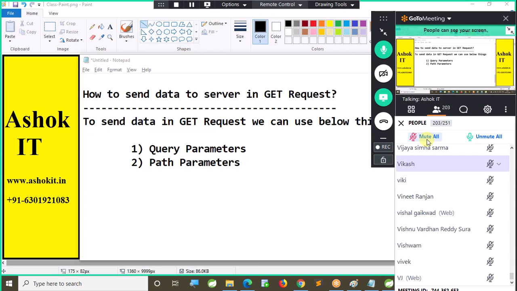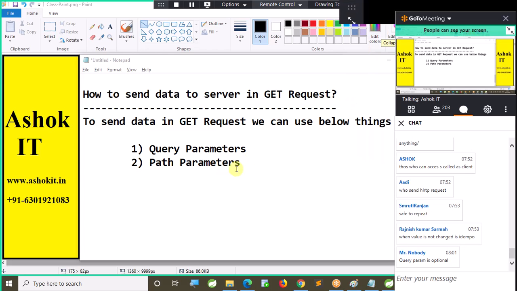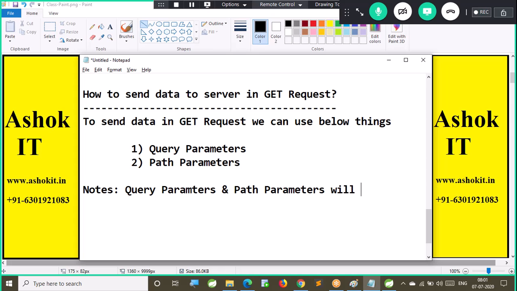When making a GET request, the client will send the data to the server in the form of the URL. Query parameters and path parameters will be present in the URL.